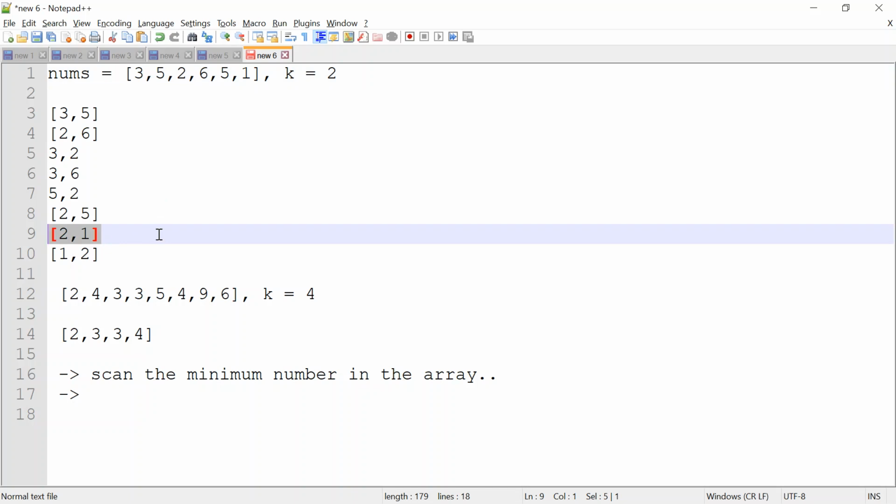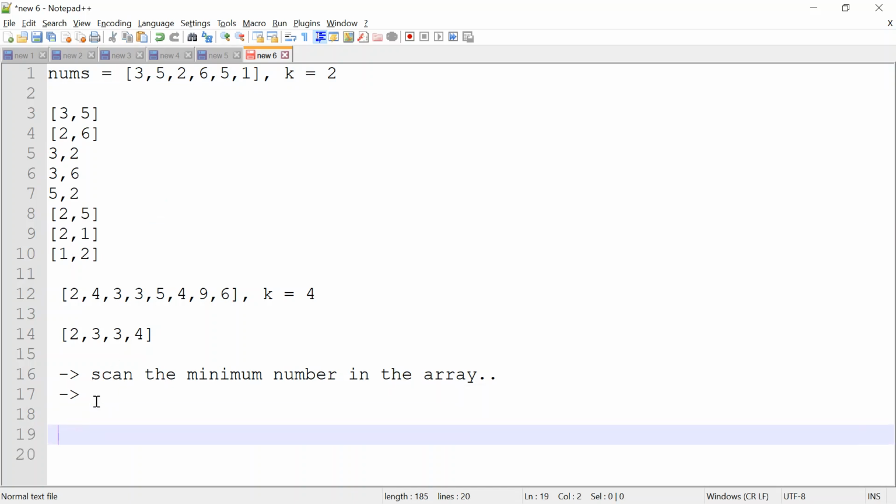So with this explanation, if I try to scan it again, I picked 3, then I picked 5, because I'm looking at an array of length 2. Then I saw that after 5 I got a 2, so this becomes 3 comma 2. In this sense, my 3 is also greater than 2, and I have numbers after 2. So I have only 2 now, which means I remove 3 as well.